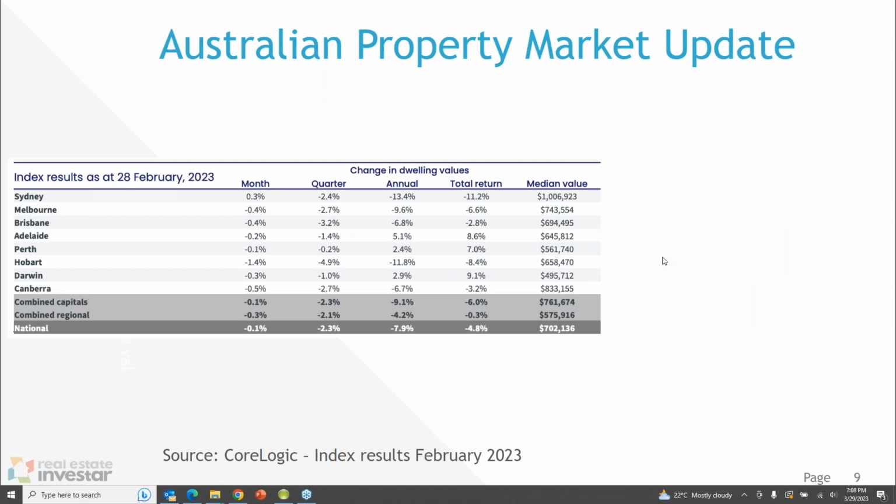The Australian property market update, so what's happening around Australia. For the first time since, I think it was about April last year when the interest rates started to rise, Sydney's actually seen some capital growth, which is fantastic. More importantly, when you look at the capital cities around Australia, those markets that were falling in price over those interest rate rises, that fall has really pegged back now, and it's very minimal over the last month. You can see the capital cities around Australia there, very, very low, under 1% capital decline over the last month, and compared back to the last 12 months and last quarter, that's a very significant change.